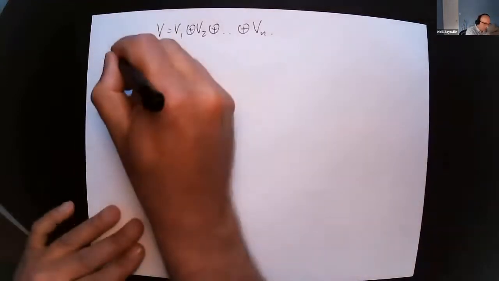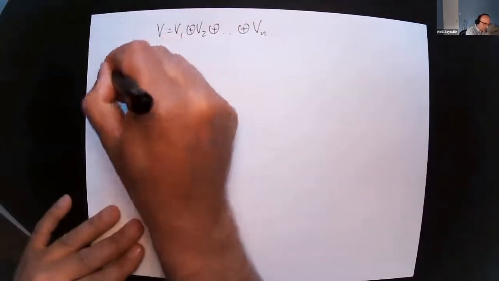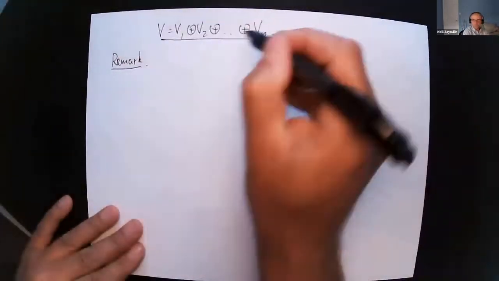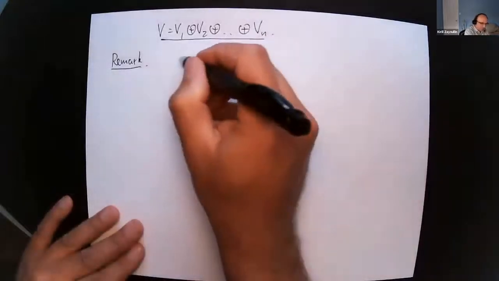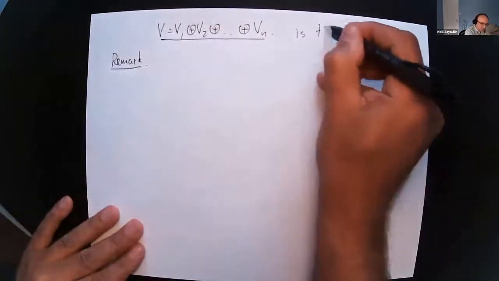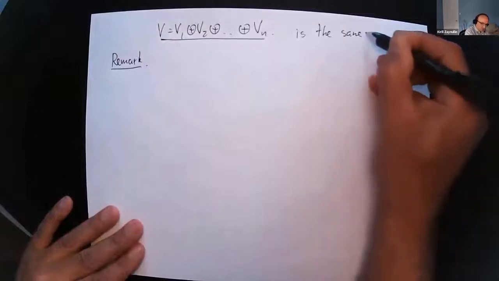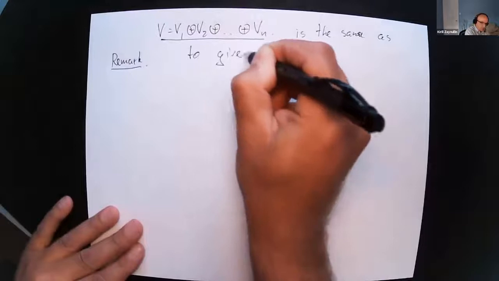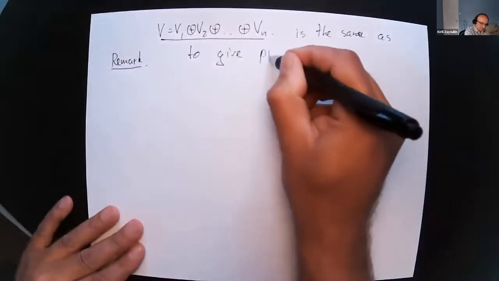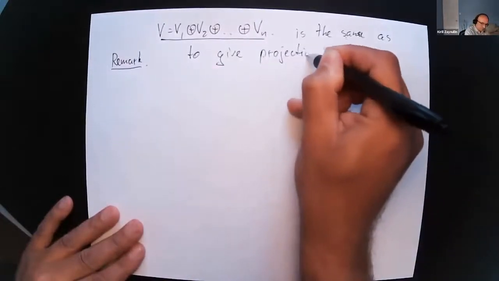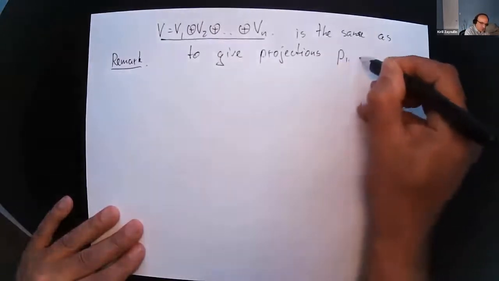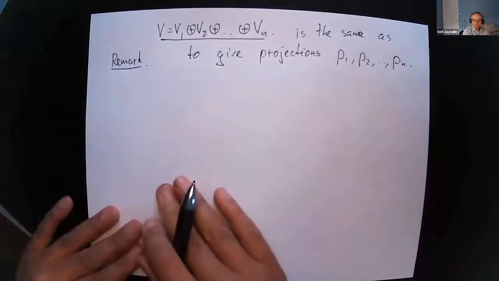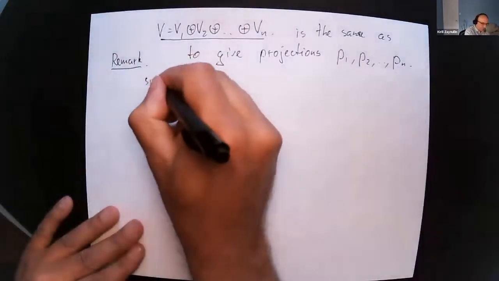And in this case, we get the following observation: whenever we have this direct sum, it's the same as to give projections, say P1, P2, and Pn, such that